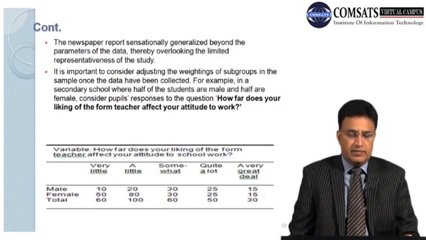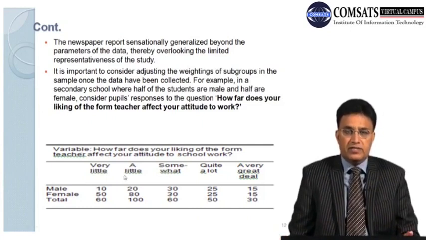So if you look at the variable, it is how far does your liking of the form teacher affect your attitude to schoolwork, and we have the respondents, male and female, in the right hand column,